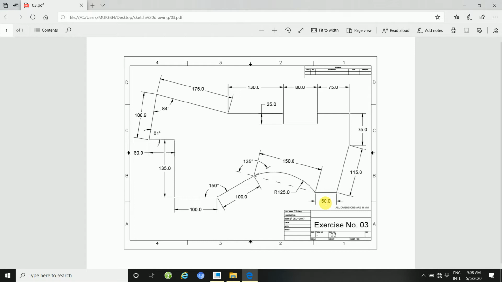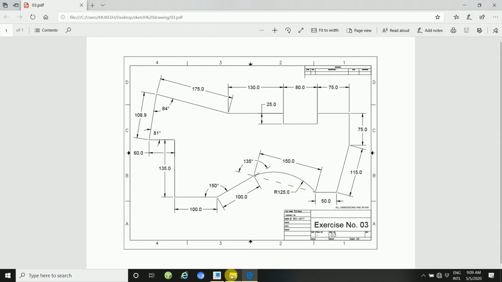So let's see, this dimension is 50, and then here 115, then 75, 75, 80, height is 25, distance is 130, and this line is 175, angle 284, and this distance is 108.9, and this angle 81 degrees, and this distance is 60 and height is 135, and then 100, 150, then 100, then take angle 135, and this arc radius is 125 because diameter is 150, so radius is half.